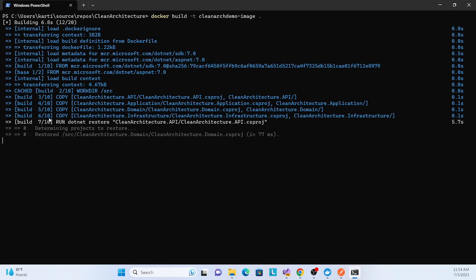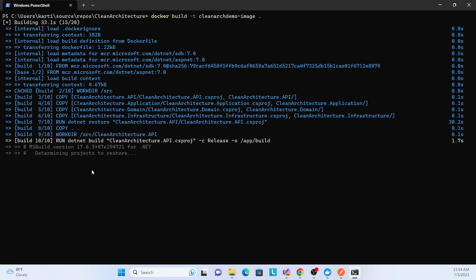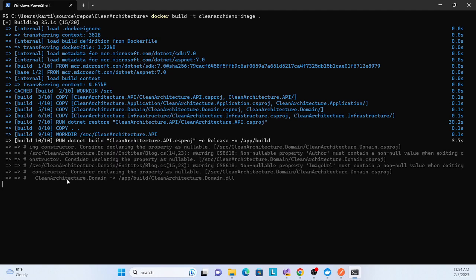Finally all the steps are done, and it runs restore for all the project files, so that all the packages will be downloaded inside our container. It will take a few seconds, based on your internet speed, because it's connecting to the internet and we might be using heavy packages, so it will take some time.